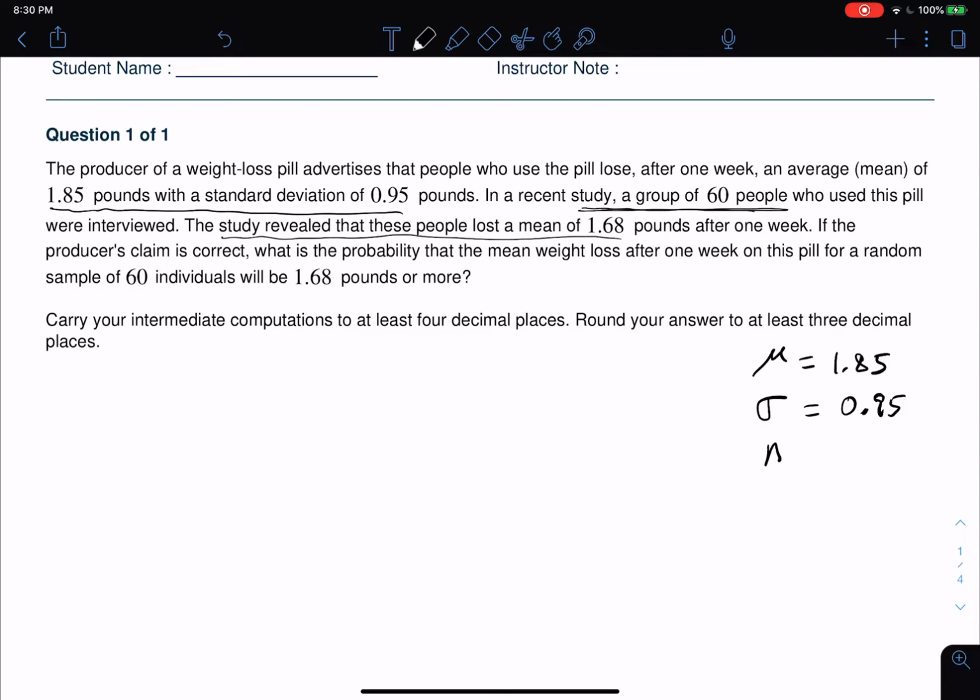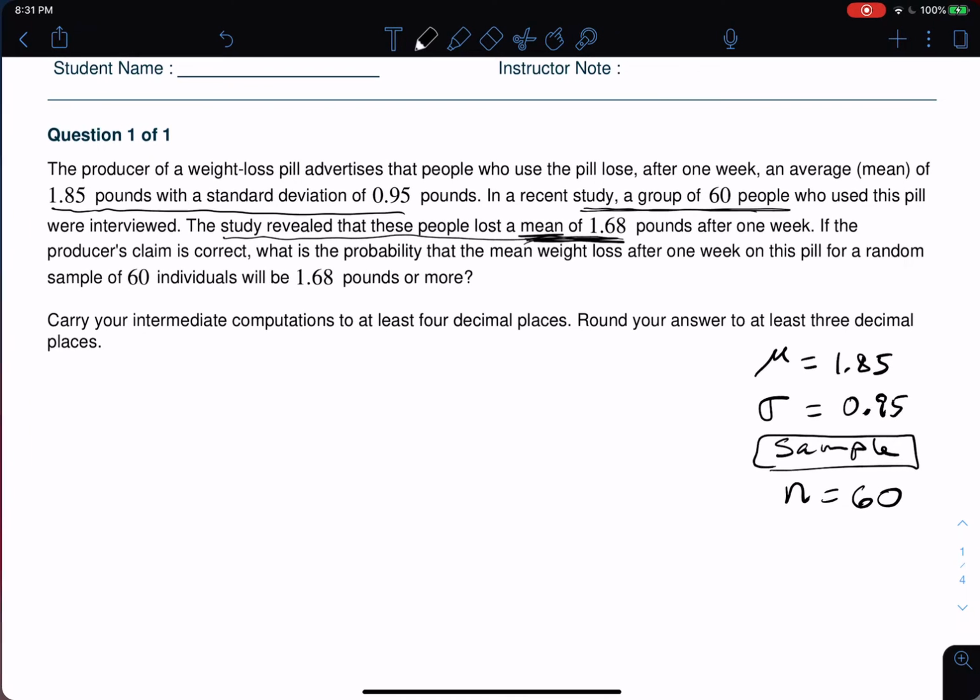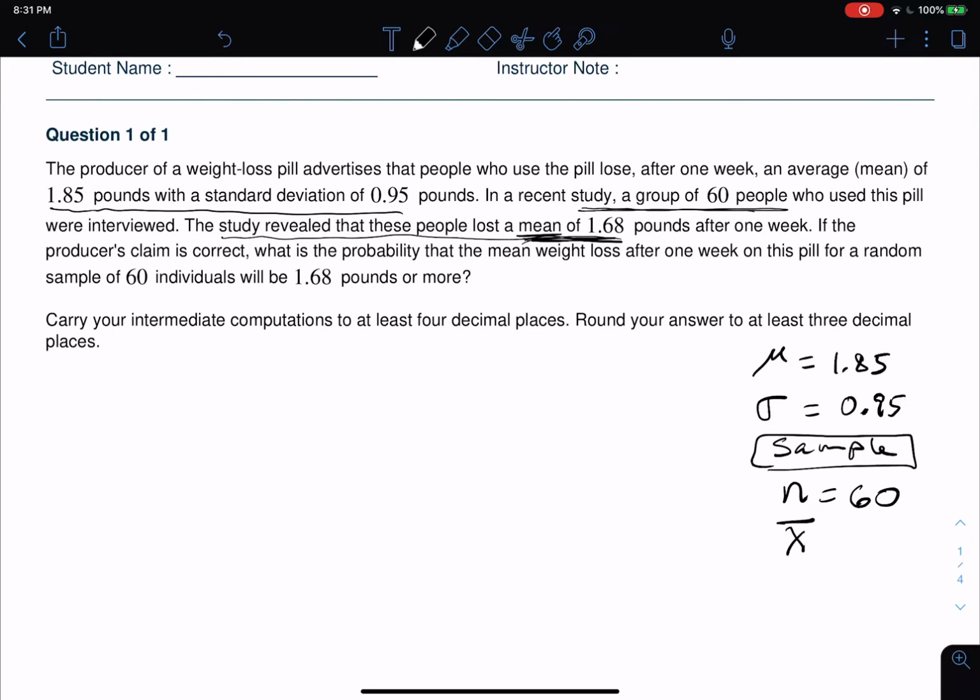Maybe I'll highlight this by saying now we're talking sample, a sample of 60 people. Now, this is the mean from a sample, and so that's why we must call it the sample mean, X bar, and that is 1.68